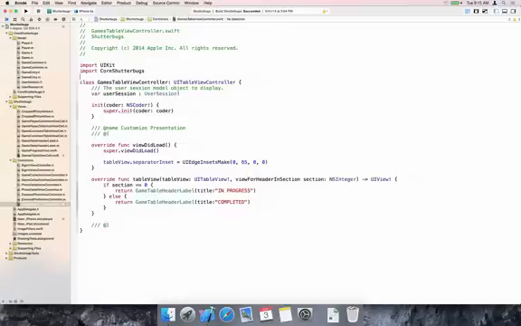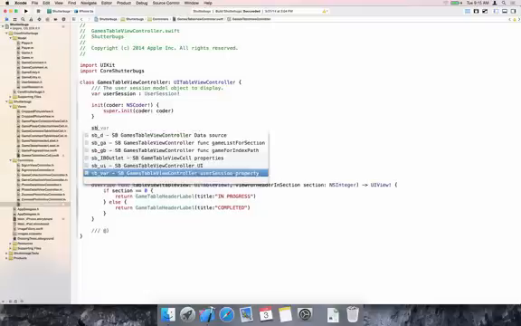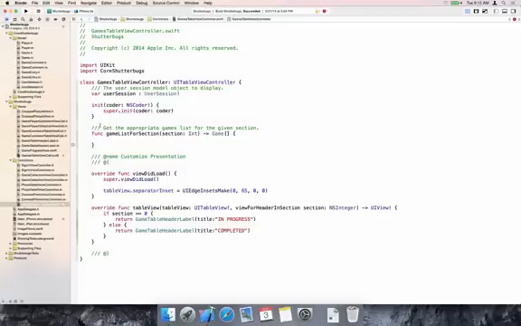Now, our table view is going to have two different sections. I'll have one for the in-progress games and then one for the completed games. So I want to start by creating a utility method that lets me easily get the appropriate list for each section. I'm going to call it GameListForSection. And what I want to return here is the result of the user session's